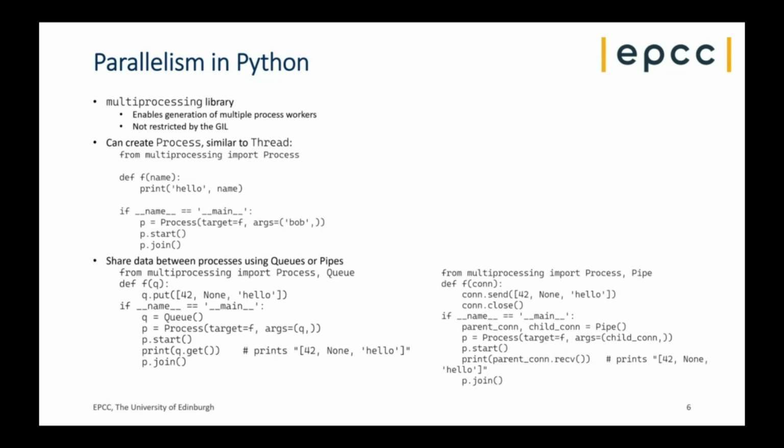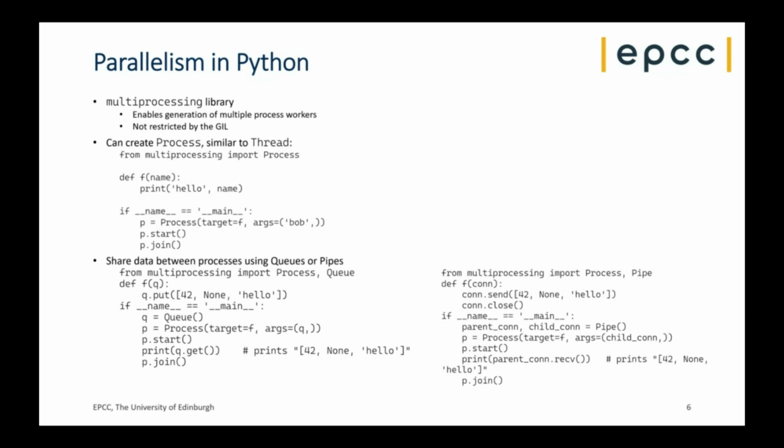Python does also give you another mechanism for doing this, called multiprocessing. So this lets you create, instead of threads from a single worker, multiple workers. It's more heavyweight, costs a bit more to do, but this doesn't have the same global interpreter lock. So you can create individual workers and they can go off and do their own work. And this looks very like the threading, but you can do sort of pools of workers and those kind of things. And as I say, this does let you do parallel work, but it's not really designed for high performance